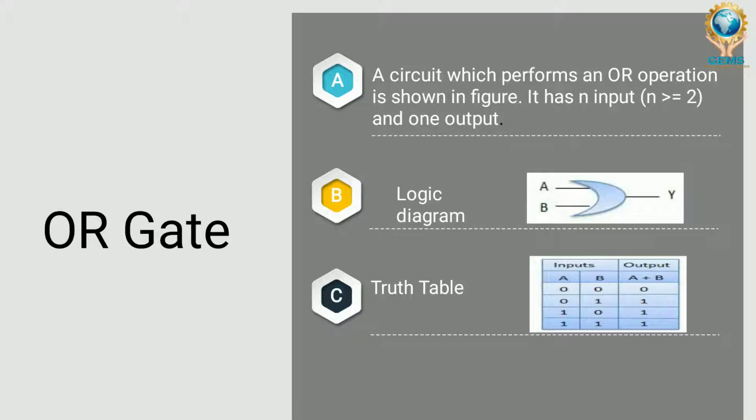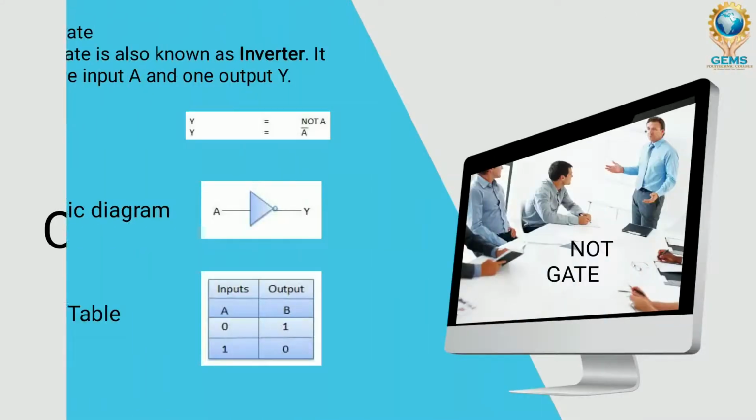So you are just following the truth table. If one side is true, the output is true. That's enough. If both sides are false, then the output is only false. That means if both sides are 0, then the output is only 0. Here, if either one side is true, then automatically the output will be true. That is the OR gate. But in the AND gate, both sides should be true, then only will you get true. Otherwise, the output is 0. What is the difference between the AND gate and the OR gate?